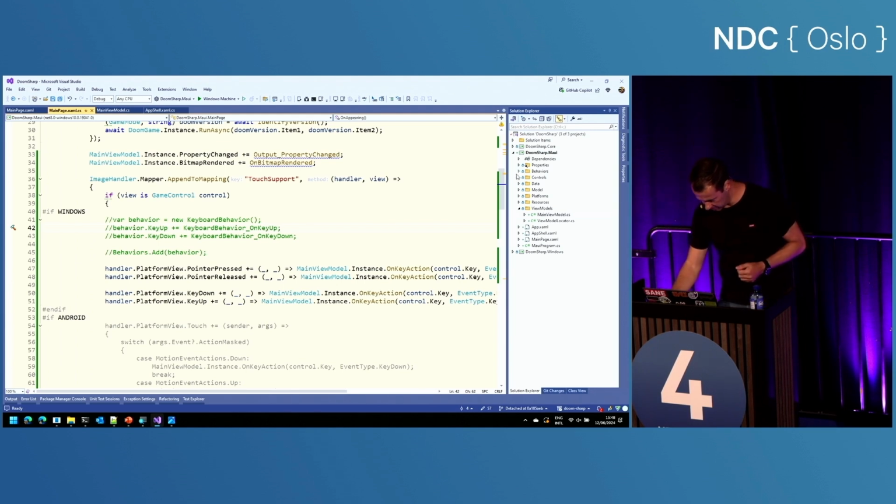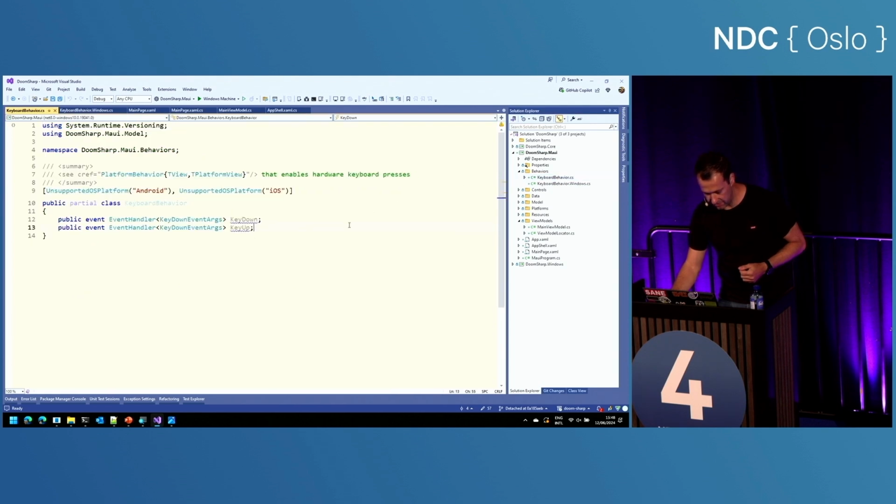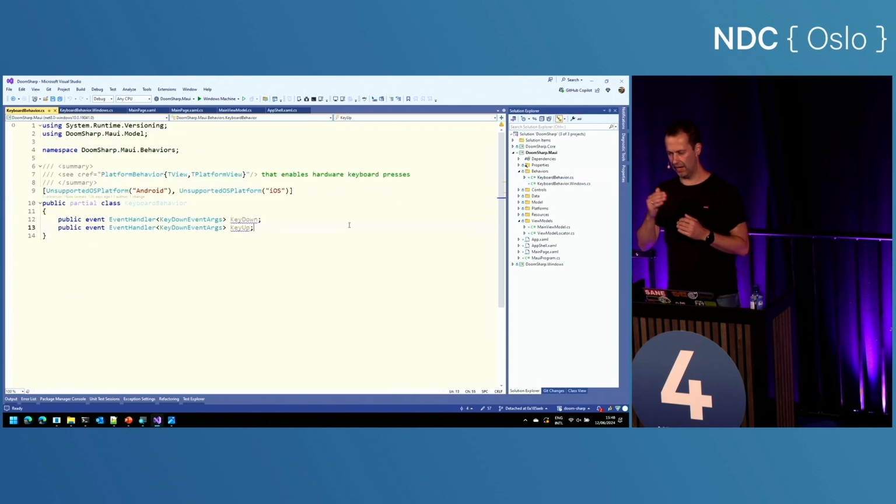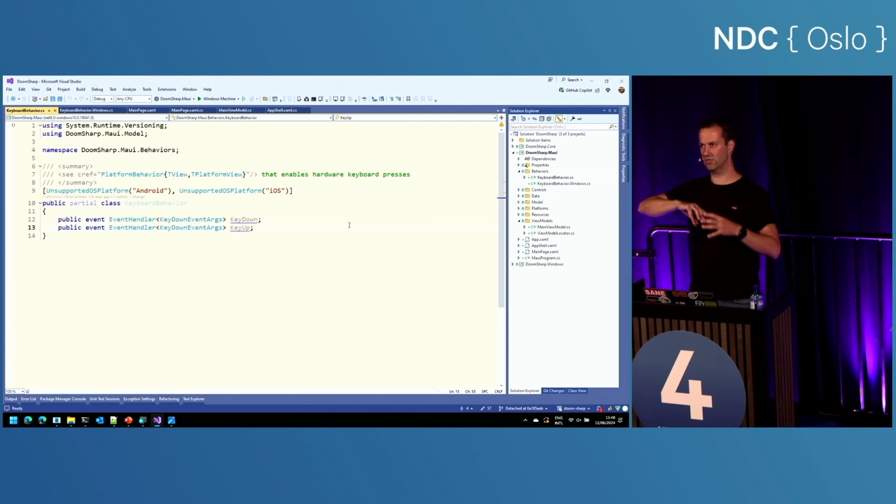And what I did was I wrote a behavior. And a behavior is a way to write platform-specific logic and create an abstraction so that you can use it in multi-platform land. So in this case, I got a keyboard behavior that's not supported on Android and not supported on iOS.